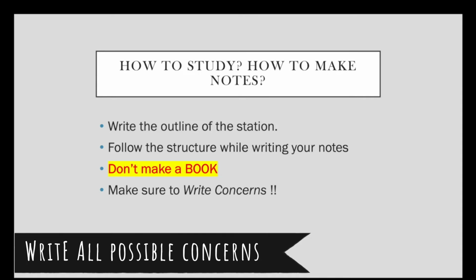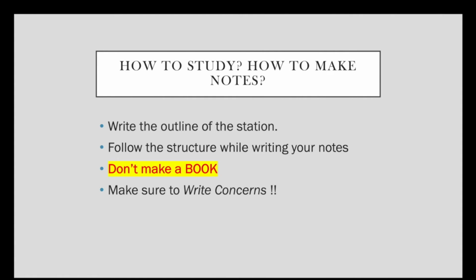Now, for example, you would have seen our one-page OSCE stations that we are generally posting on Instagram and Facebook. On those, you would be seeing the potential patient's concerns. So when you write the outline of the station, you just write the outline of the entire idea of the station, but you write in detail what all concerns the patient might ask. To see what additional concerns the patient might ask, you might follow the NHS website. That's one of the best websites because it is patient oriented. It's for the patient, and all of the patients basically access it when they are having any kind of disease.